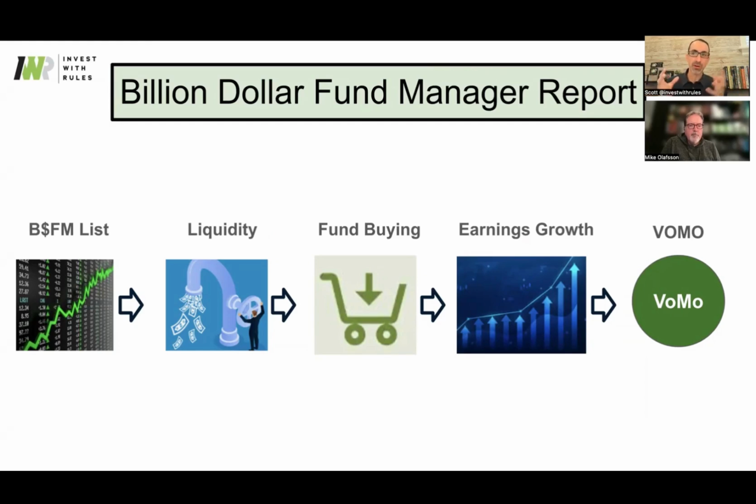Then we're looking for earnings growth, because if level one is predominantly the S&P 500 and the Nasdaq and small caps, you're going to get a broad exposure of these top holdings. But we're really looking for, in level three, the billion-dollar fund manager stocks: follow big money.